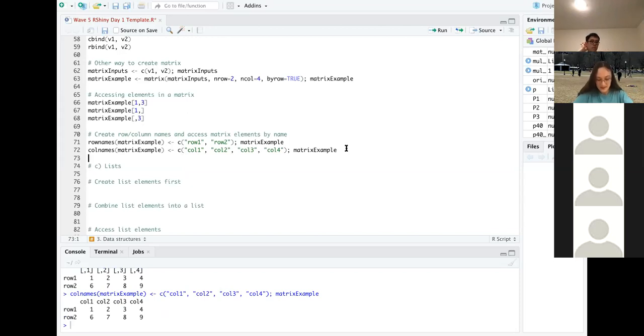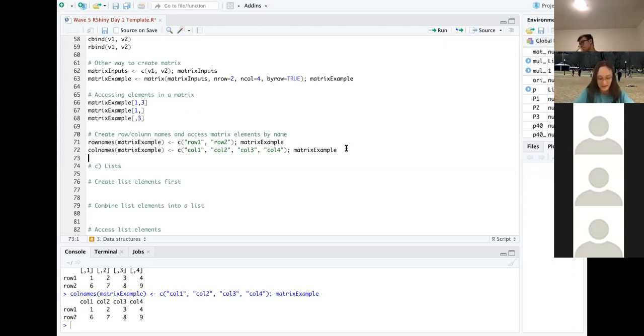And the beauty of this is that now we don't have to remember which number column an entry is at. As you get bigger and bigger data sets, it gets harder to remember whether something is at column 3 or column 4. But if you name the columns, it's much easier to remember, oh, that was in the snow column and that was in the sleet column or whatever.